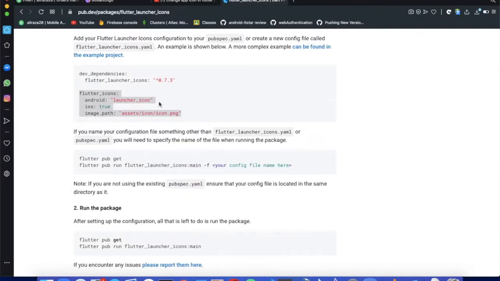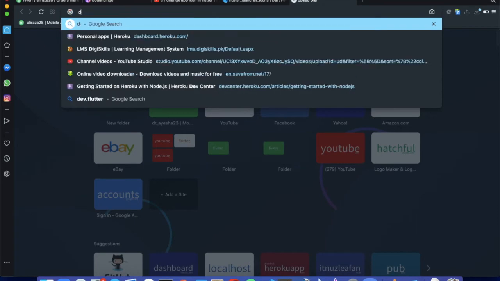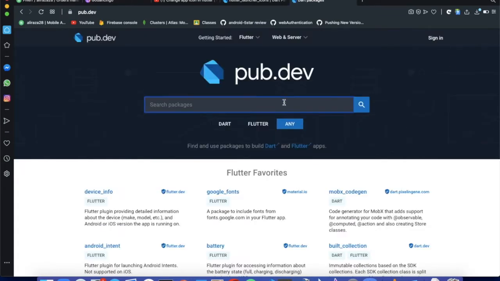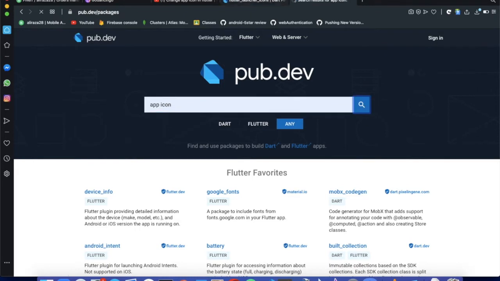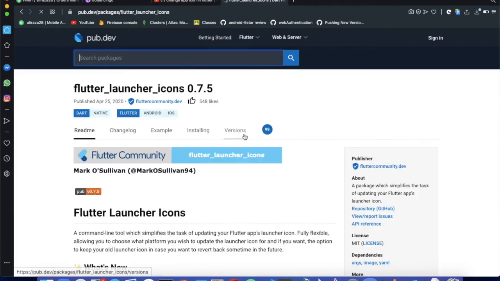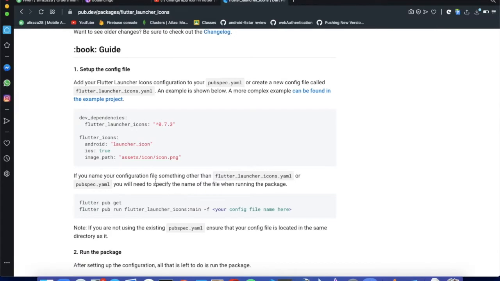So first of all, you have to go to this website, pub.dev. Type app icon here. So you have to go to Flutter launcher icons. Now scroll down here, you have to come here, copy this